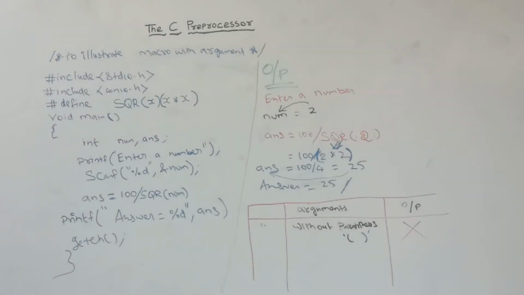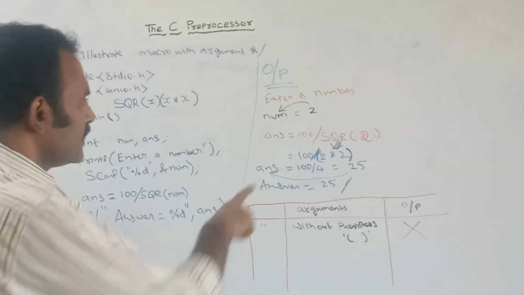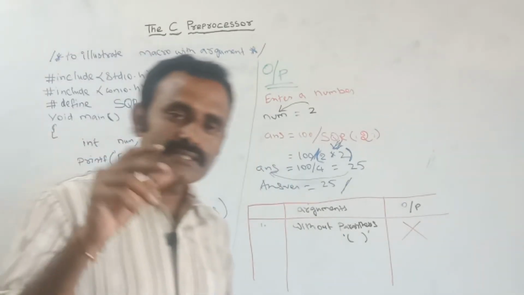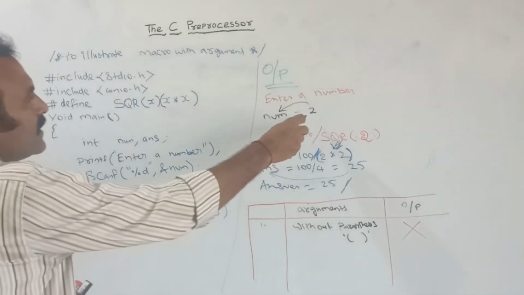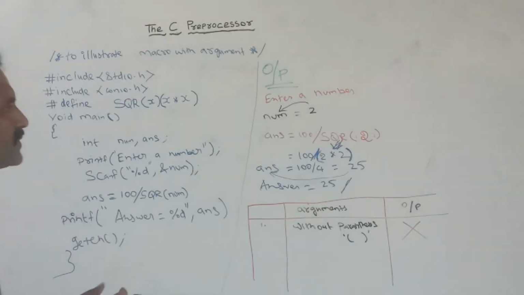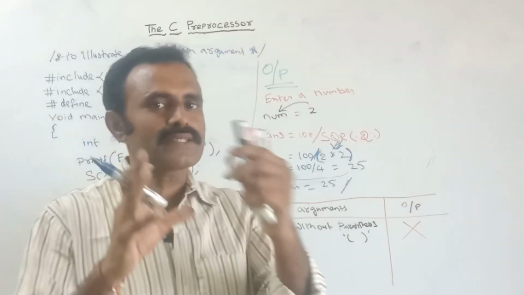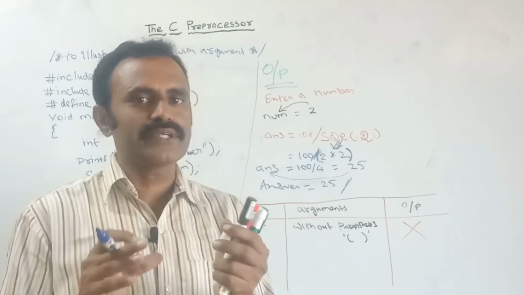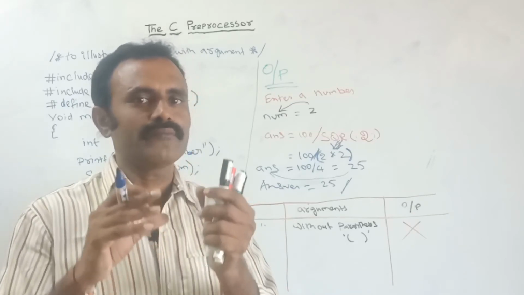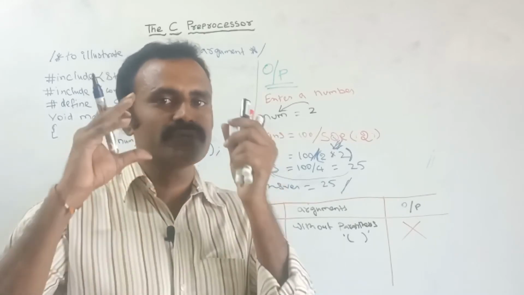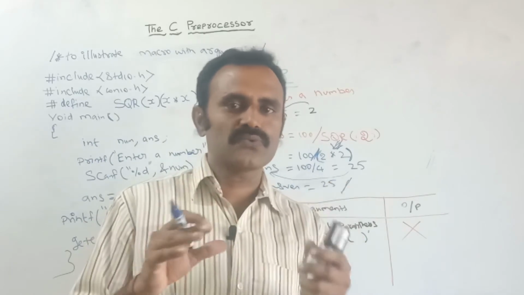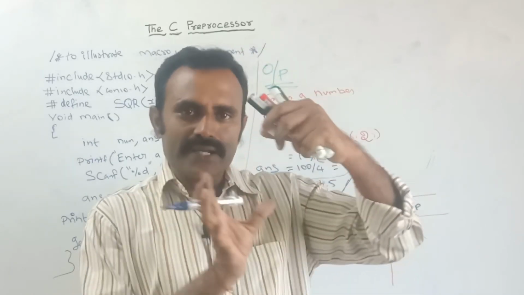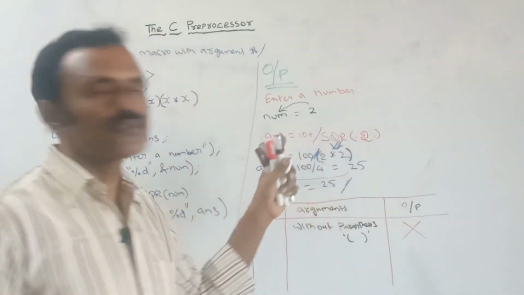See, here also, if it is a single value, then it is okay. Otherwise, this will also show the error. See, here we are passing the single value 2. Suppose you are passing the value as an expression, suppose an arithmetic expression using some arithmetic operator, giving values like 3 plus 1 or 3 minus 1, 4 plus 1, like that. If you are giving the number in that expression, then here it will show the error.